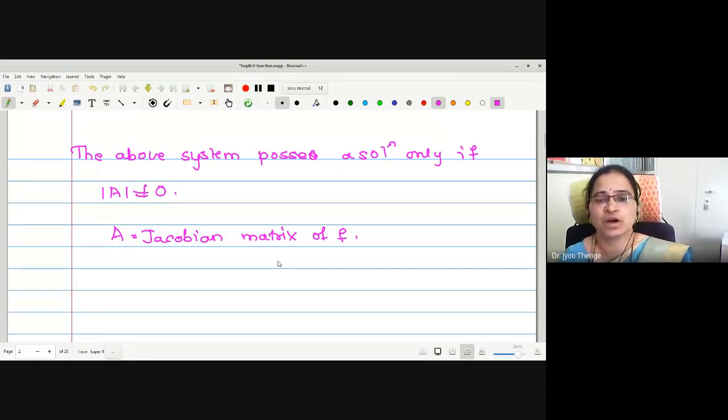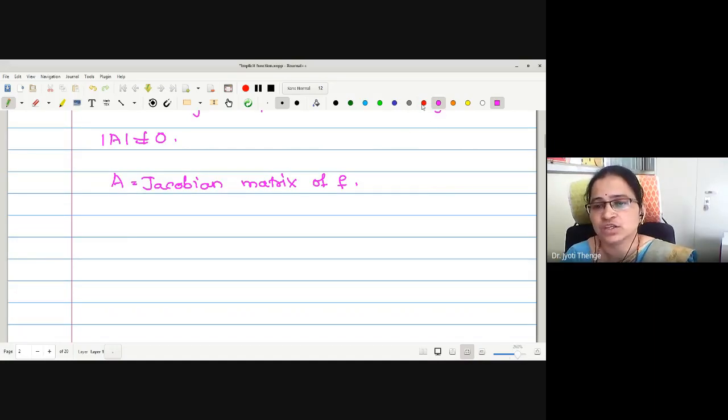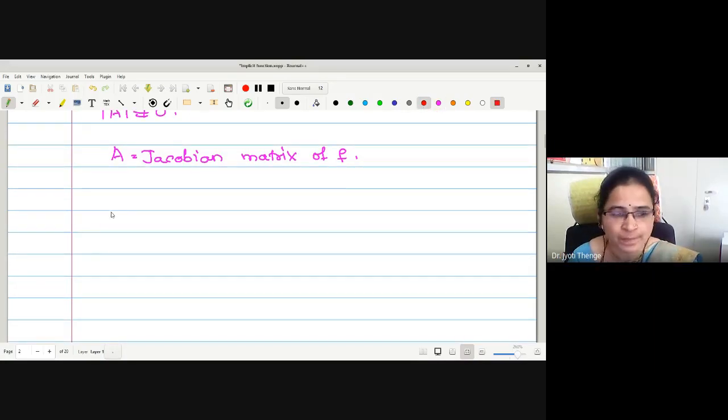Correct now? Therefore, converting implicit to explicit is not an easy task. It has to satisfy a restriction. What is the first restriction we have seen? The determinant of the Jacobian matrix must be non-zero. Okay. Now, before going to the main chapter, let me tell you again what the applications or uses of the Jacobian are.